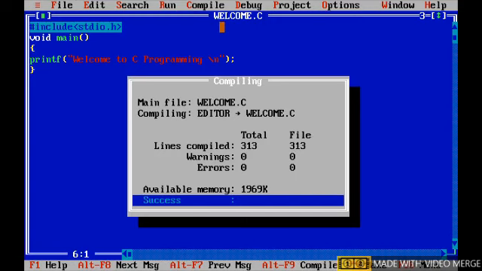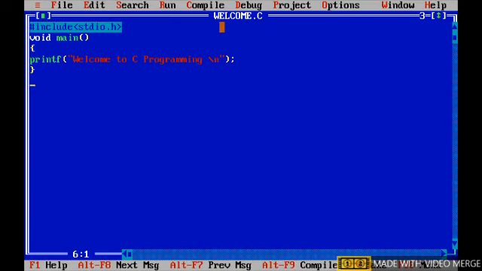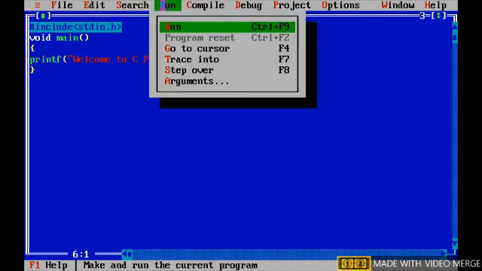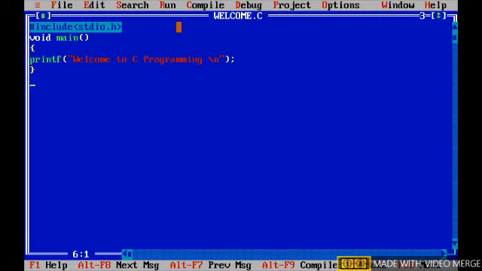There are no errors. There are no warnings. Zero warnings, zero errors. That's why it is showing success. Press any key. The compilation is completed successfully. To run the program, go to the run menu and select the run option. It executes the program.